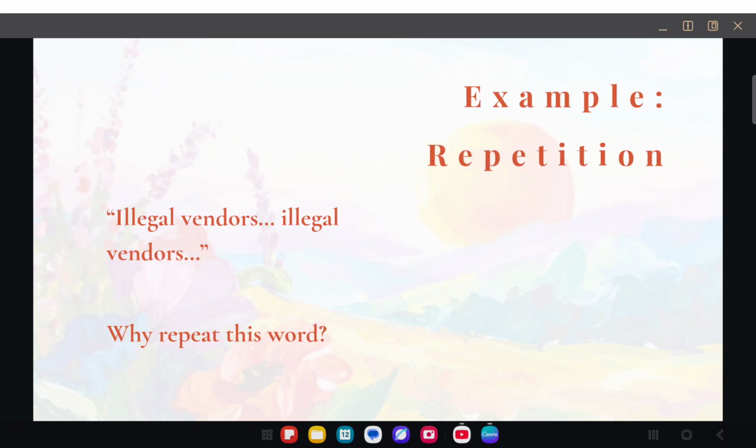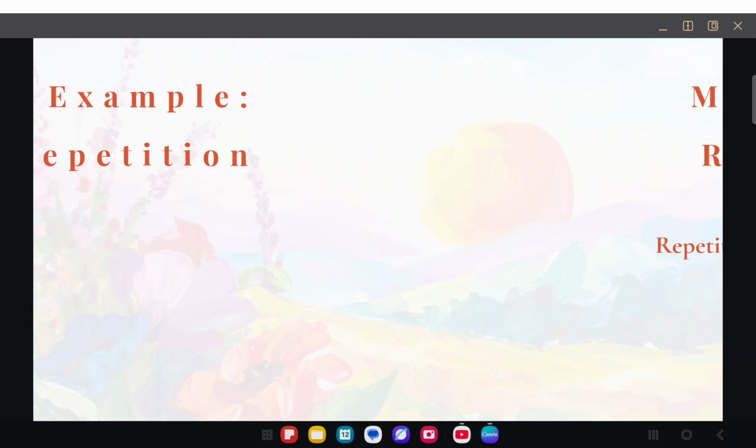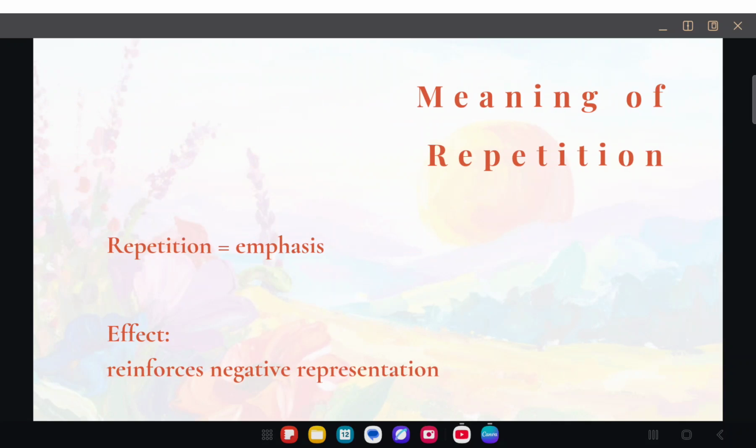Now look at repetition. The phrase illegal vendors appears repeatedly. In this course analysis, repetition is never treated as random. We must ask why the writer keeps repeating the same word. Here, repetition creates emphasis, but more importantly, it reinforces a particular representation.